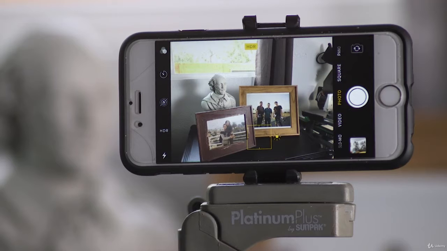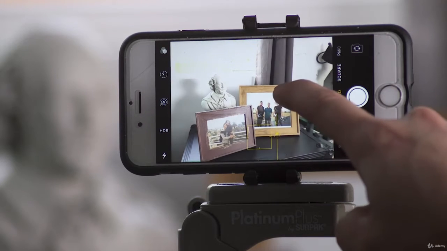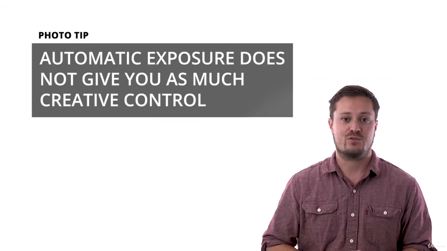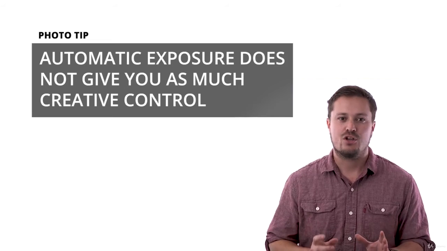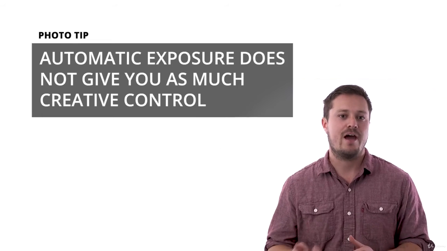To set your exposure on your camera phone, you simply tap where you want the exposure to be, and on some, you can move the brightness up and down as you look at the screen. It's pretty much auto. You won't need to select an ISO, an f-stop, or a shutter. This is great for quick snapshots or someone who doesn't want to deal with all those manual controls. But you lose a bit of artistic control when you're married to what the phone decides as a correct way to expose.